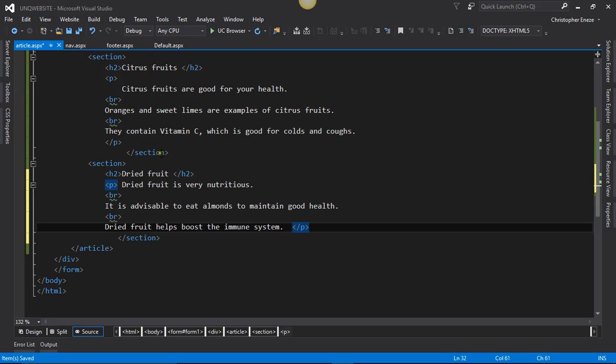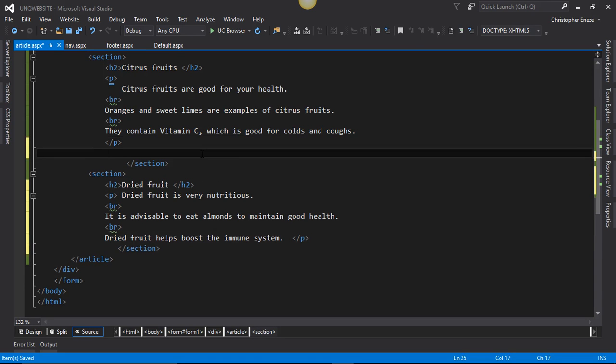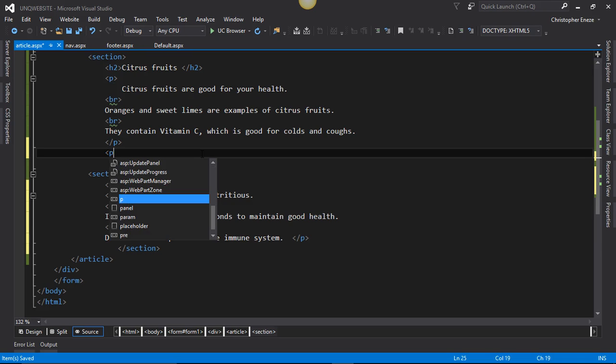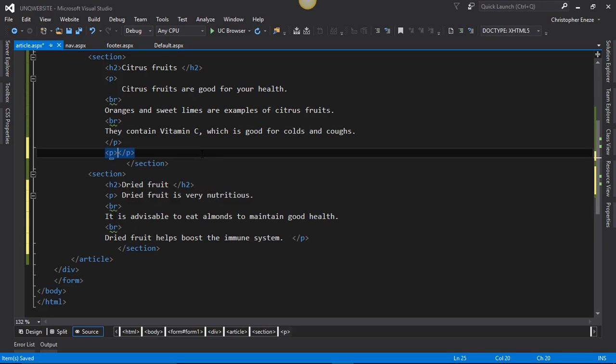So I'm in the first section now. The first section has the title citrus fruit, and then we have the first paragraph. After the close tag of the first paragraph, put your cursor there and hit enter. Your cursor should be blinking, and the next thing should be the section close tag. Right? Okay. Create another p tag and type